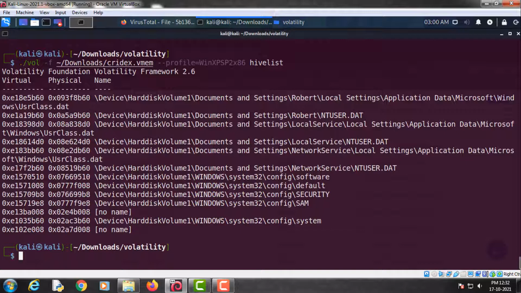So in order to find out the list of programs which automatically start when we turn on a system, we will use the plugin called printkey, -K capital for mentioning the address of the registry, which is software/Microsoft/Windows/CurrentVersion/Run.